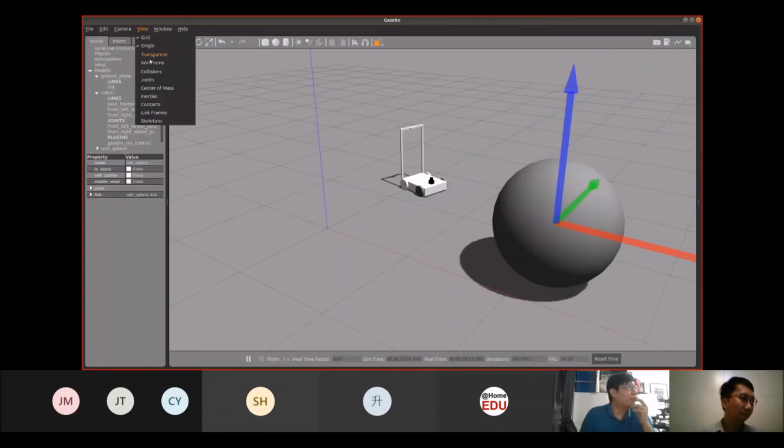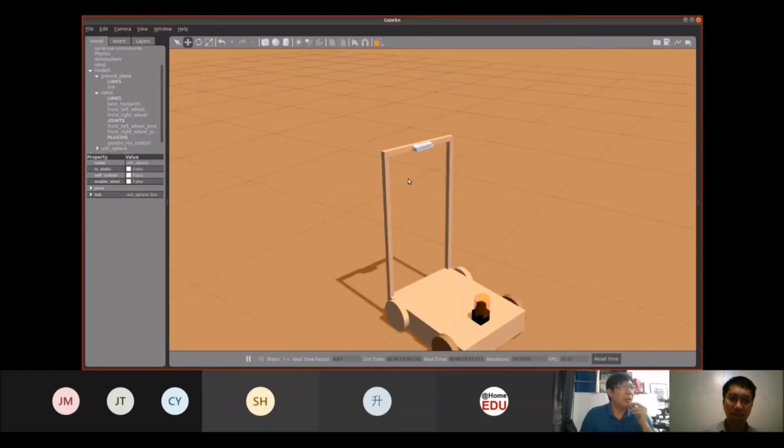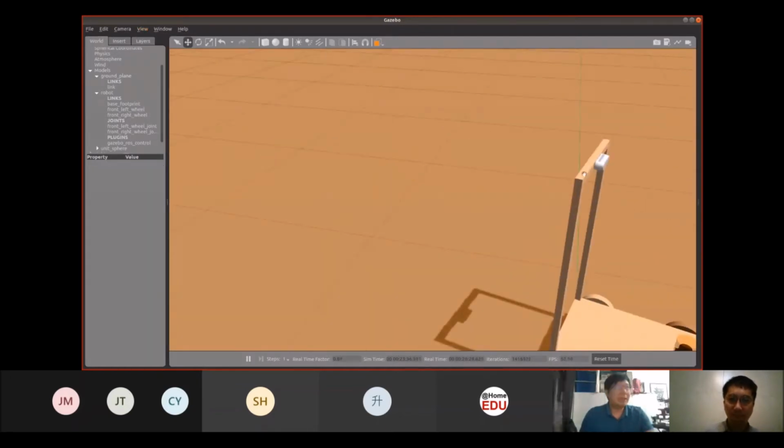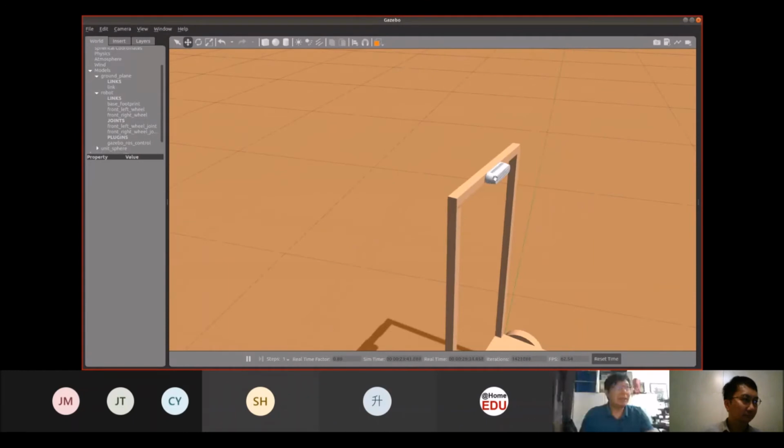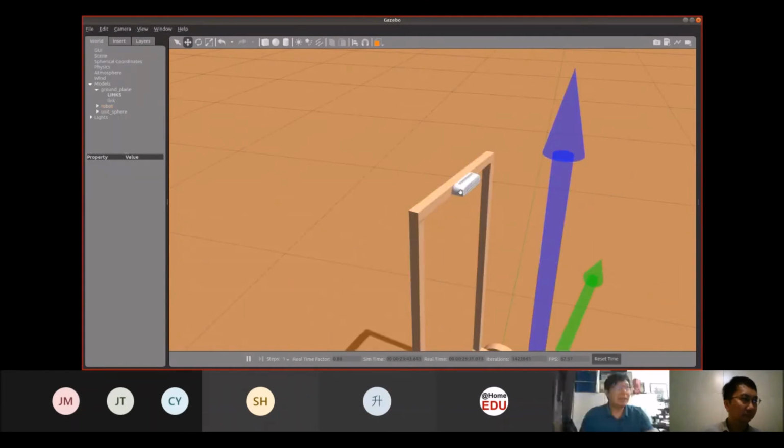I'll give you an example, from the file in the example I provided. Let me just show collision. If collision is enabled, you can see that the base itself is orange in color. But this sensor over here, the Intel RealSense camera, is white in color because the collision is not defined.